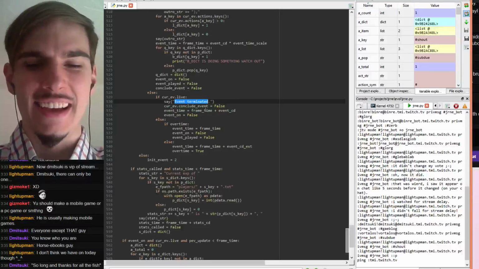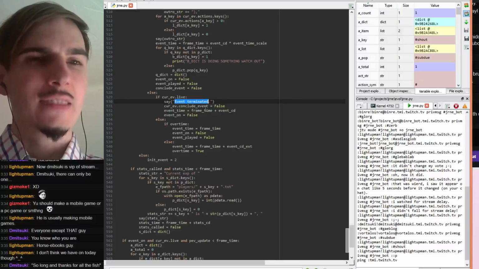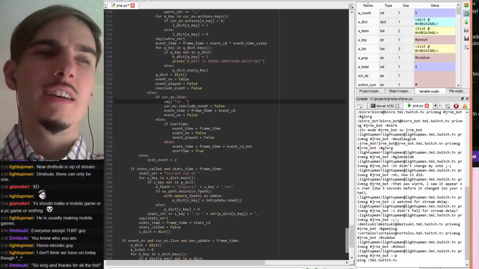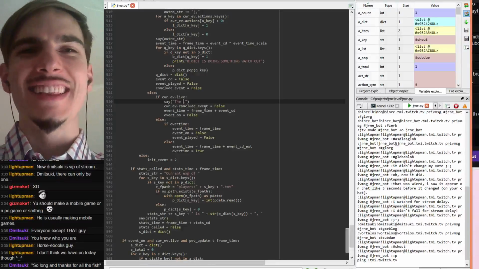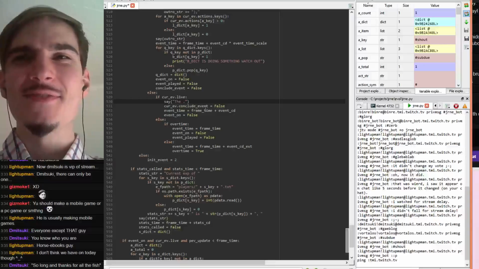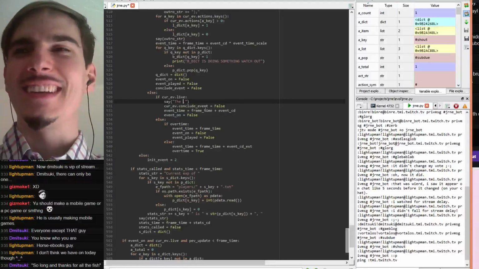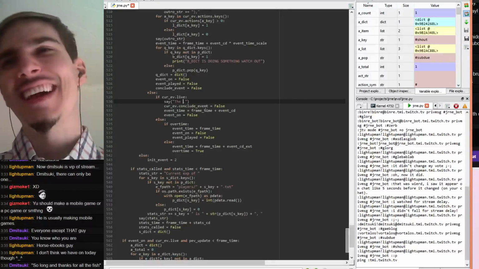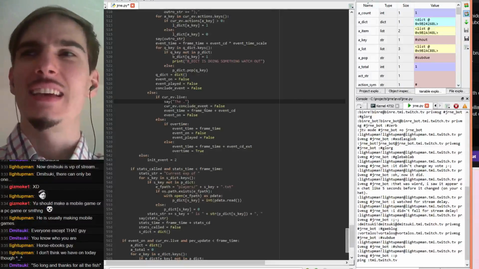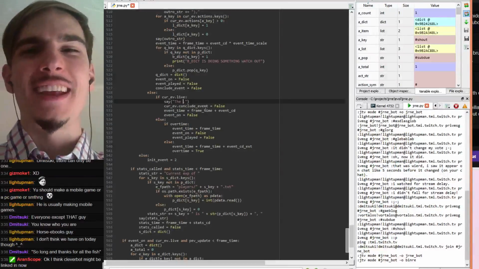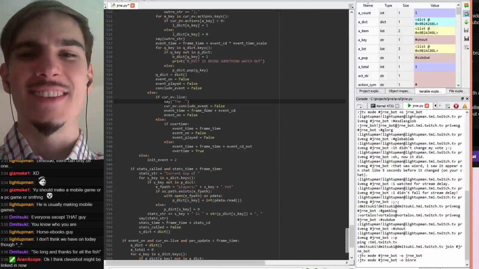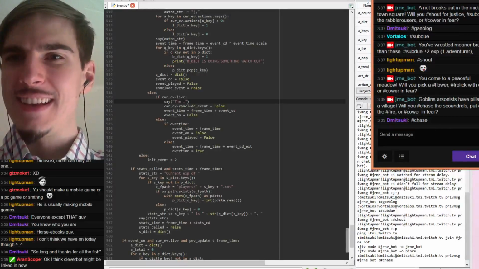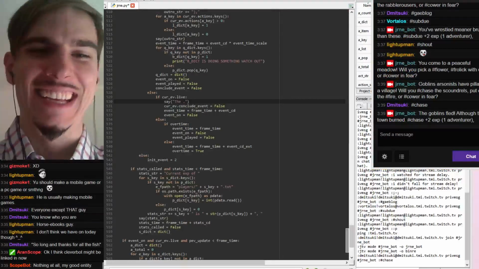So hokey and slightly flowery in descriptions, or not flowery, but I don't know how to describe it exactly. I'm going for something like how fantasy novels tend to be written. Oh yeah, if anyone else feels like playing along, it's in speed mode, so if you want to rack up points, now is a good time to.